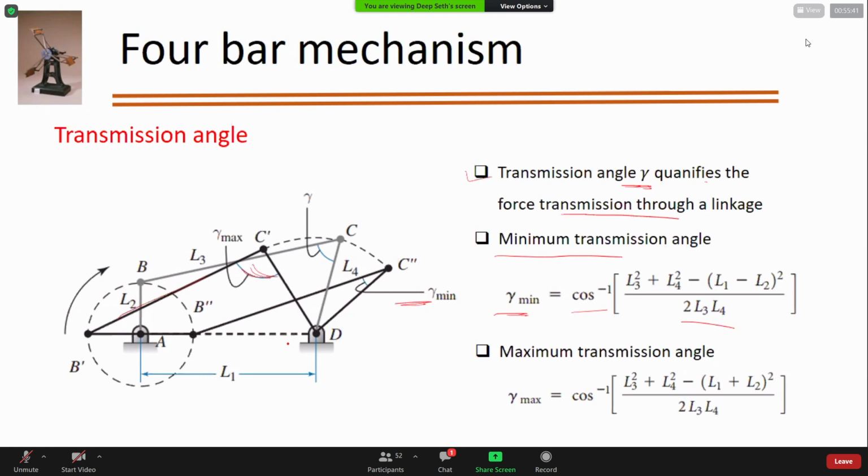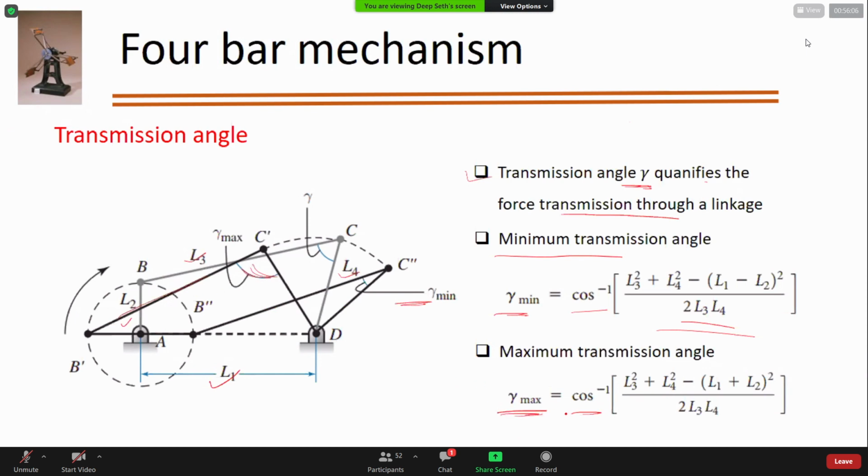L1, L2, L3, L4 is nothing but the link length. So this is your L3, this is your L2, and this is your L4. All that you have to do is enter these. And maximum transmission angle is nothing but gamma max, which is this one. Whatever is the maximum angle forming during this rotation, you will take